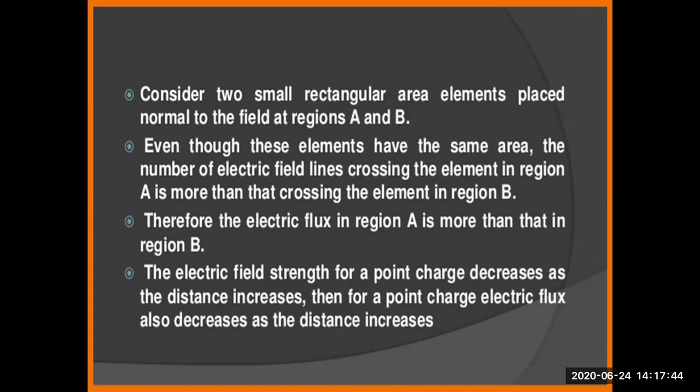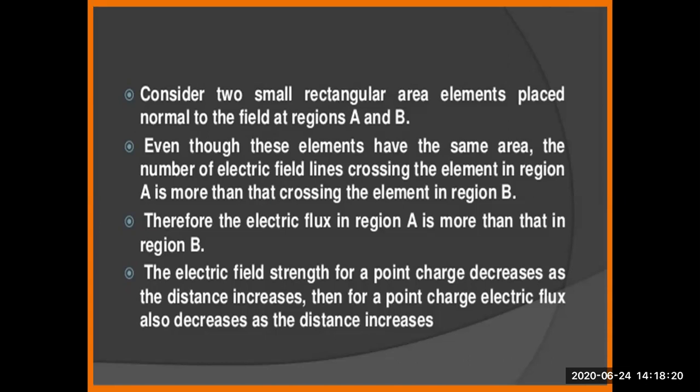Next point. Even though these elements have the same area, the number of electric field lines crossing the element in region A is more than in element B because A is closer to the point charge. Now the second point is a very important one. How can you express this second one for easy understanding? The point charge, the source, emits the field lines, and the closer you are to the source,